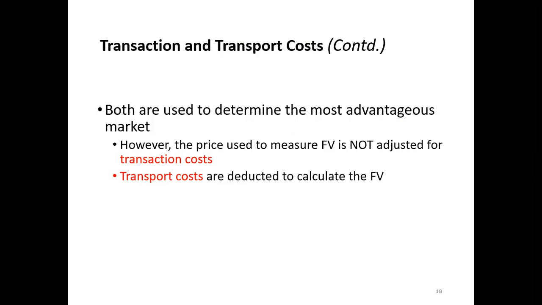Earlier, if you can recall, when we are talking about the fair value, we agree that we need to take into account the characteristic of the asset or the liability. It is not about the characteristic of the market. If you consider this transaction cost, transaction cost is a characteristic of the market itself. It is not something to do with the asset. Whatever asset is being sold in that market is subject to the transaction cost. So it is not a characteristic specific to the asset. It's a characteristic of the market. And that's why we are not allowed to adjust for the transaction cost.